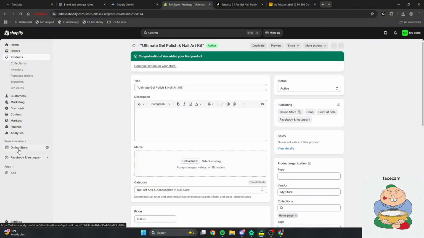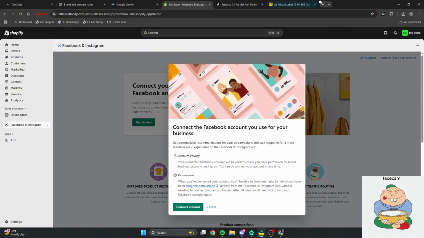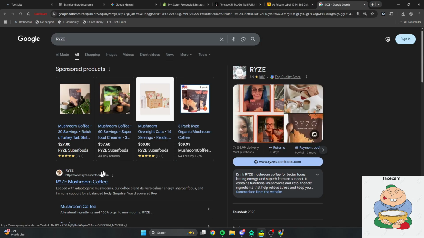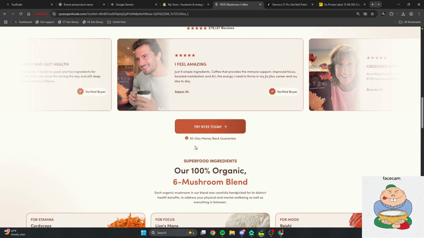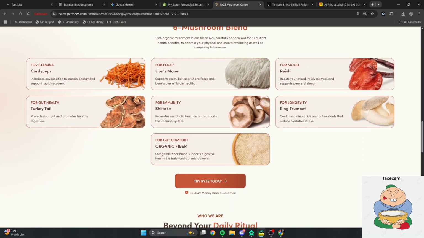I'm not going to go through the whole nitty gritty of setting up the store because a lot of you guys are going to be confused as to how to do it, and I'm not going to be doing all that. The main thing I like to tell people is see what's working, right? Don't reinvent the wheel. You guys hear that all the time in this e-commerce space. Don't reinvent the wheel. And because it makes sense, right? There's so many winning stores here already. You don't have to figure out why it works or anything. It works. Just copy it, right?